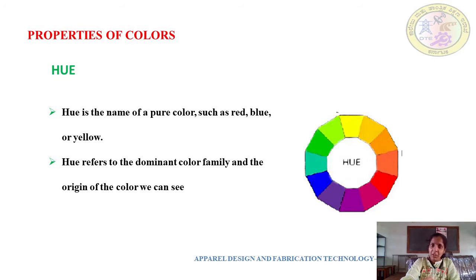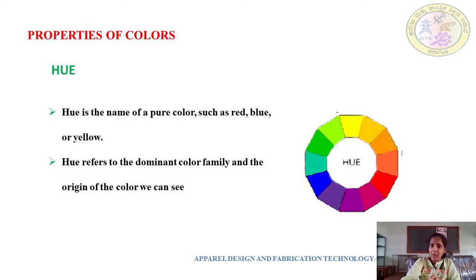The pure hue examples are red, blue or yellow, the original colors or primary colors, which are not created by mixing any other colors. They have their particular origin. Hue refers to the dominant color family and origin of the color we can see.